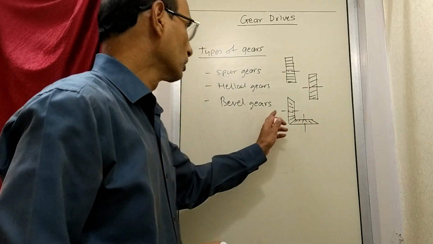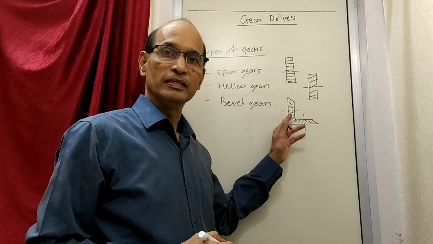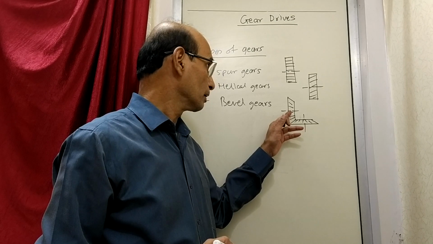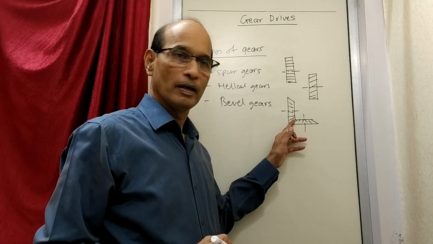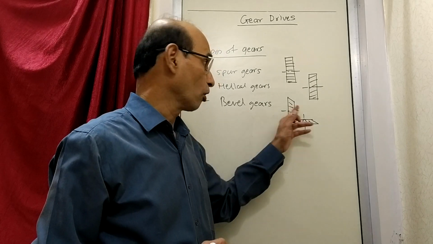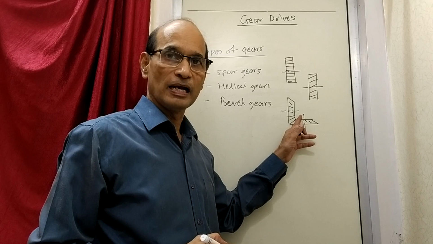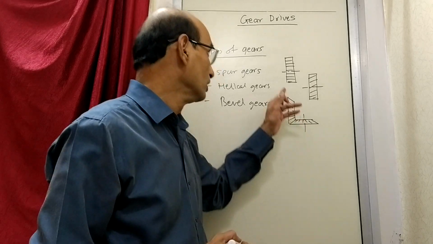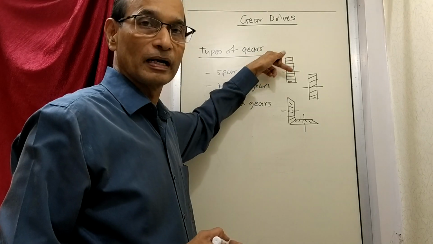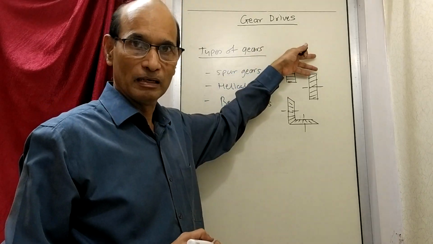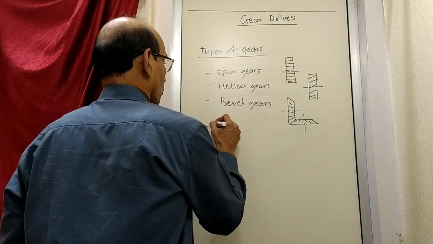You can see now the two shafts of the two gears which are working. In this case, the gear has a conical shape, and as a result you can transmit power from one shaft to another which are at an angle. Like in this case they are at 90 degrees, you can still transmit a drive. Whereas in the earlier case the shaft axis for one gear and the shaft axis of the other gear are parallel. Here they are perpendicular. Then comes what is called a worm and worm gear.